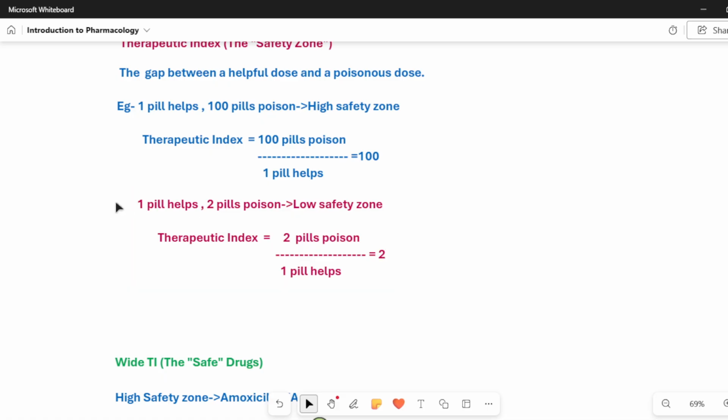So with these tablets we should be very careful. These are very high dosage tablets with a low therapeutic index, which will result in poisoning and more toxicity, compared to those drugs where even if I have 100 tablets I will not have any poisoning occurring in my body.